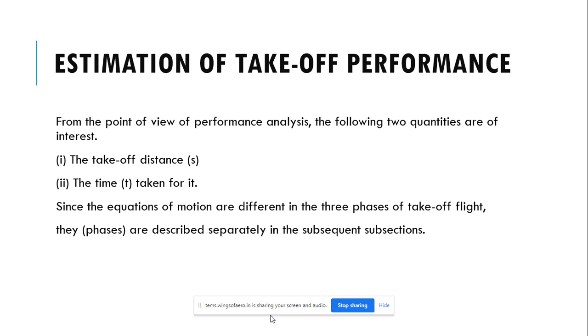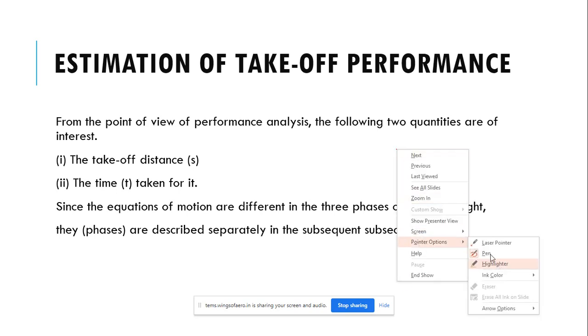So why we are considering takeoff performance, why we are estimating it: we should know up to how much distance the aircraft needs to travel for taking off. Because normally, we know the international airports and different types of airports, and each airport will have some runway length. We should know how much distance this aircraft is covering during its takeoff, and also how much distance an aircraft needs for landing.